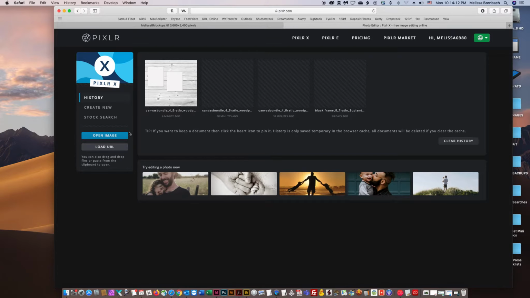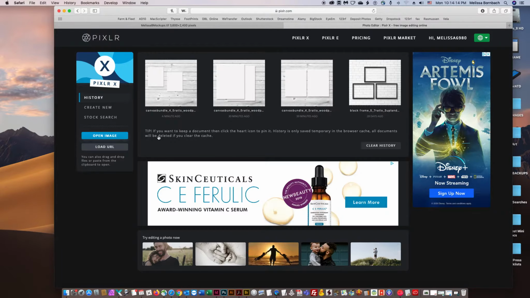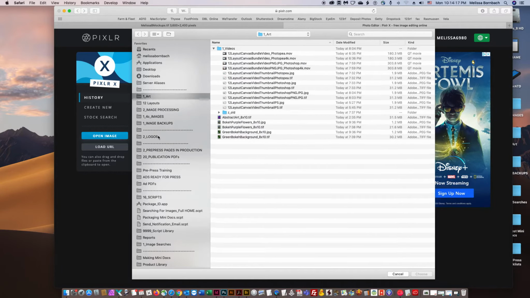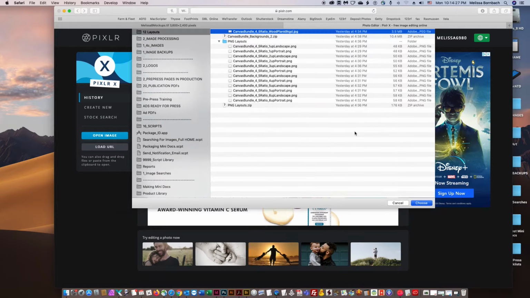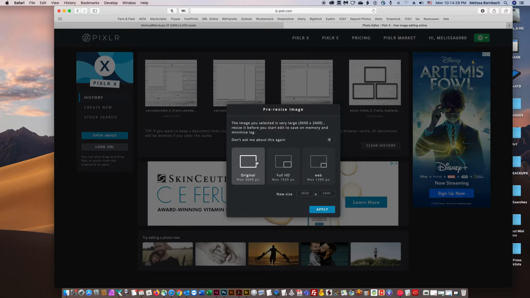And then the first thing you want to do is we want to open up one of the background images. So we'll go to Open Image, and you'll have 6 background images here as JPEGs. Just open up whichever one you want. Use the original size,